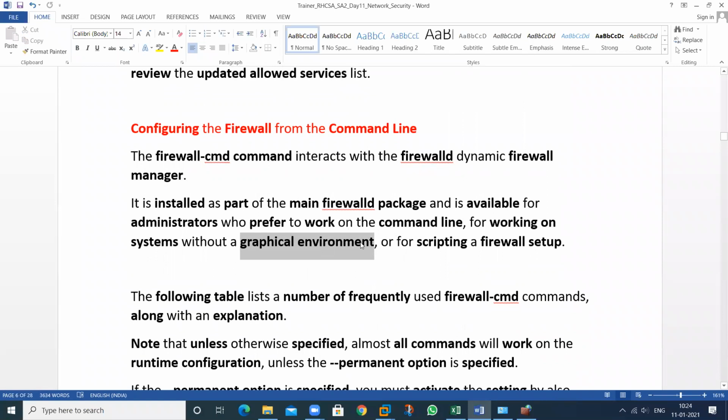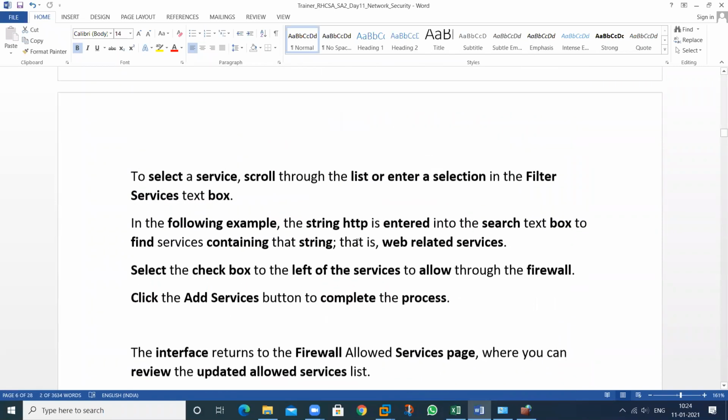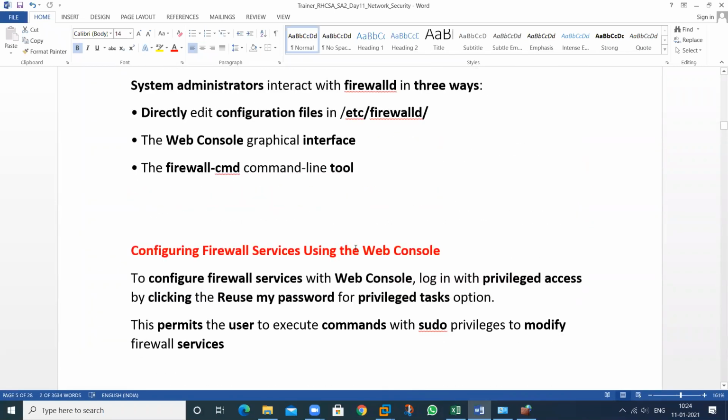If you want to enable it, you can do this also. This is called the web console. If we want to manage this graphically, it's called the web console. So there is web console functionality and command-line functionality. But in this, we only discuss the firewall-cmd tool. This is the utility that controls all types of traffic.